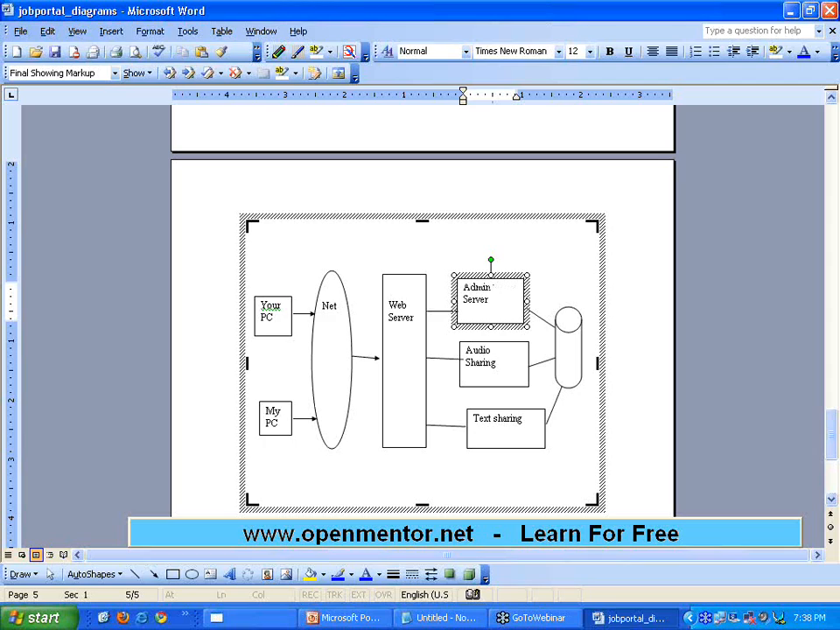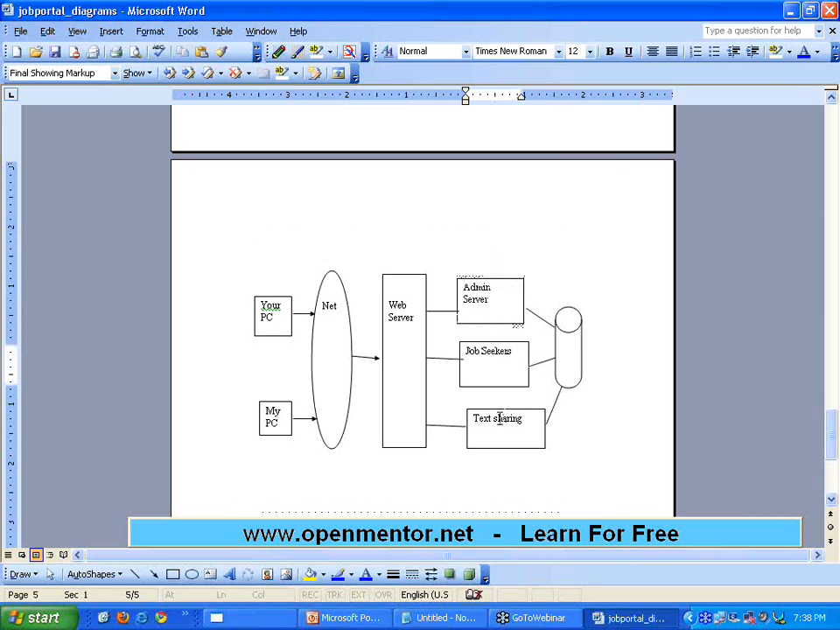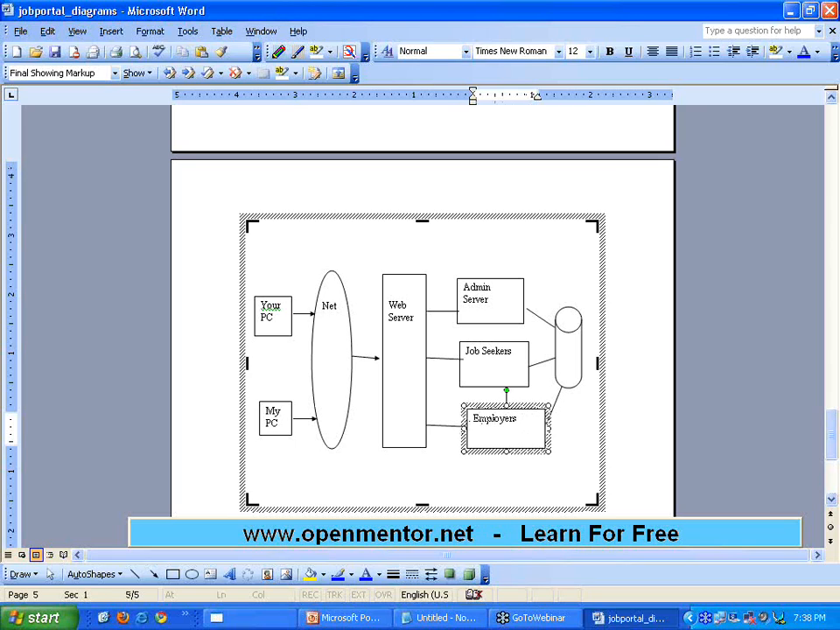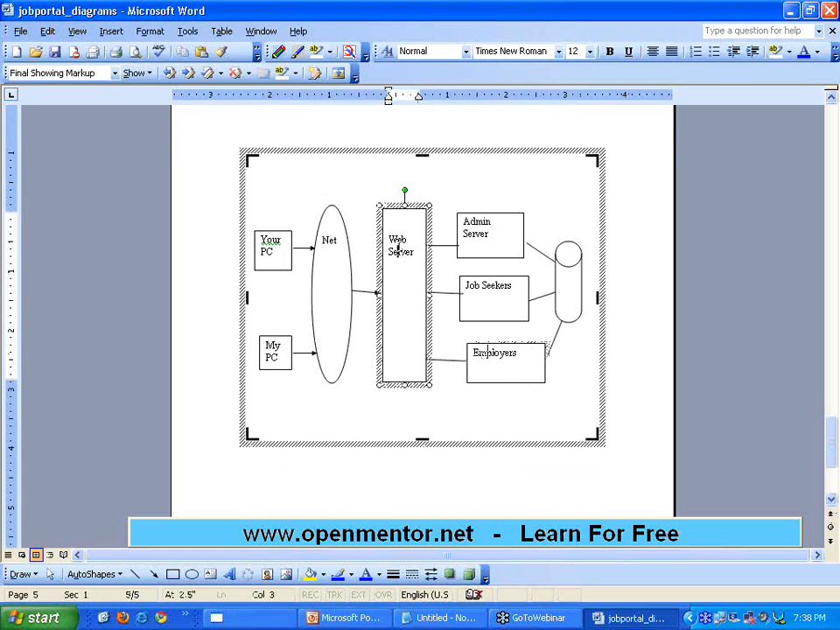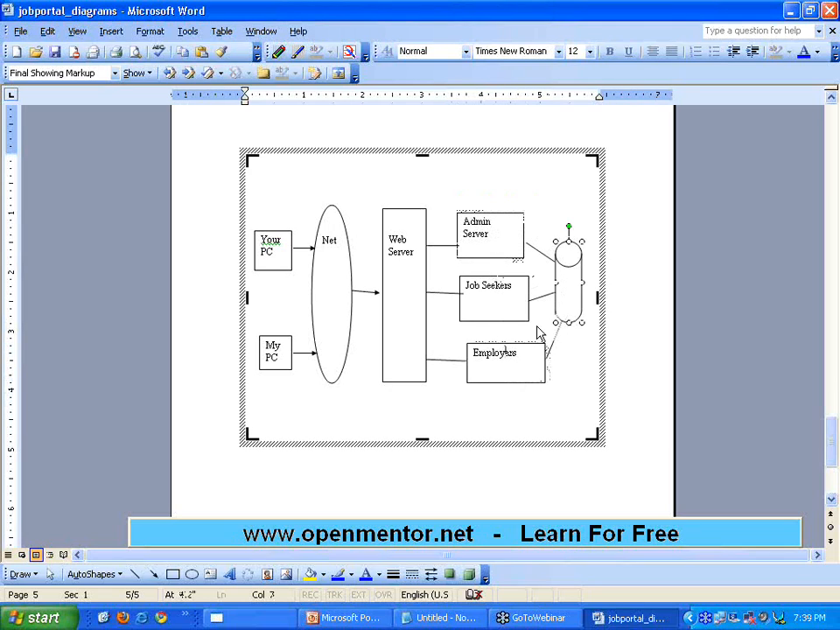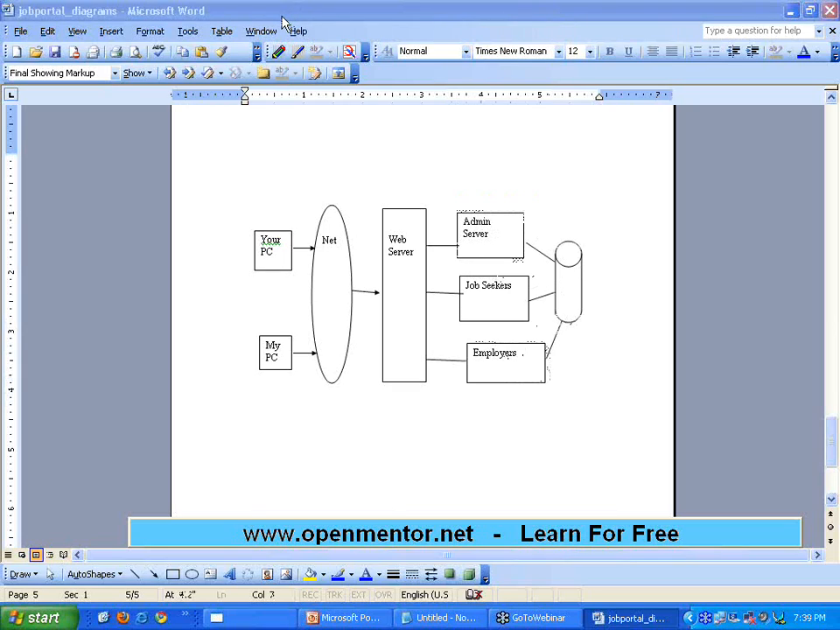Now, instead of this video sharing, I'm going to say admin server. For administrative purposes, I'm going to have a separate server as a machine. For job seekers, I'm going to have a separate server. For employers, I'm going to have separate server. Okay. That means I have got 4 machines: web server, administrator server, job seeker server, employer server, and then a database server. So instead of having all the processes in a single machine, we are going to have it in 5